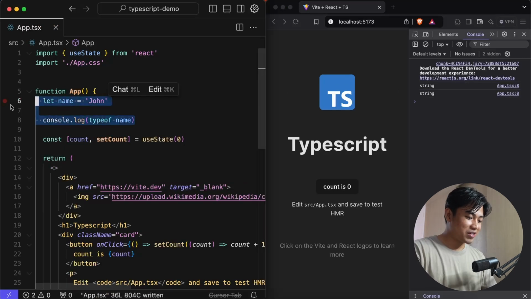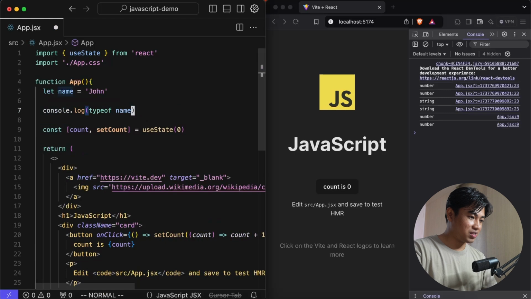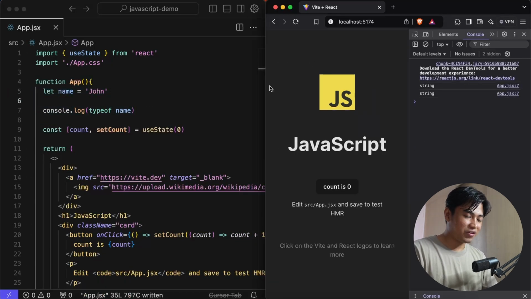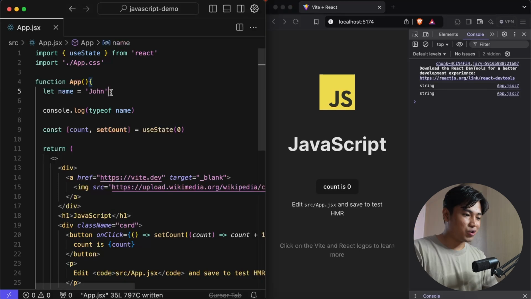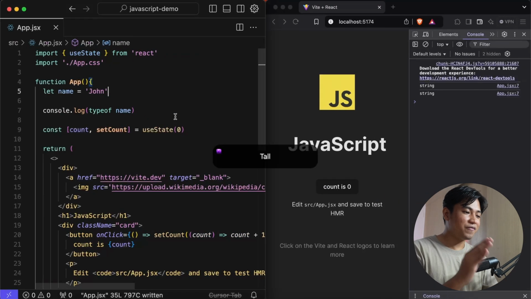Now let's do the same exact thing in JavaScript. So let's delete this, and let's paste it here. In this code, it's just the same thing. It is also inferring this. But what's the difference if both of them are inferring our variable, the name? So the difference here